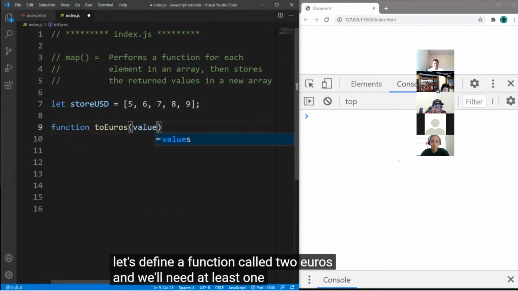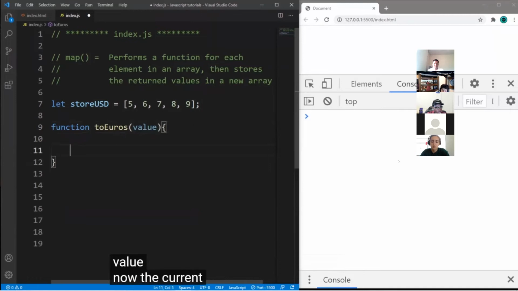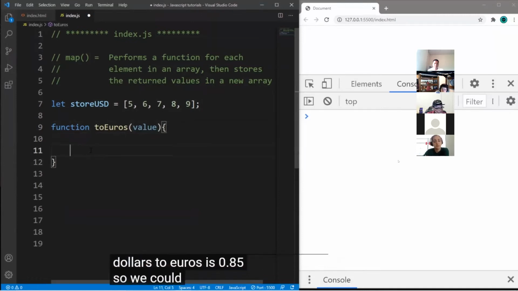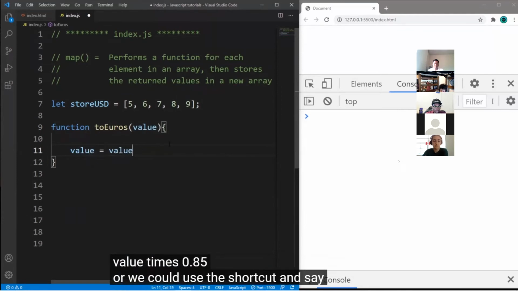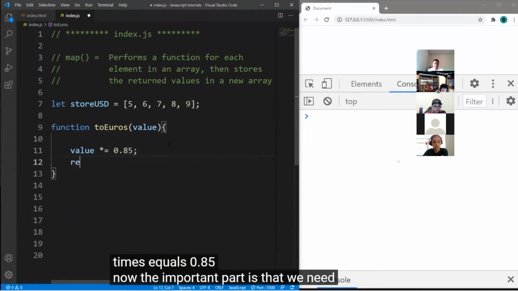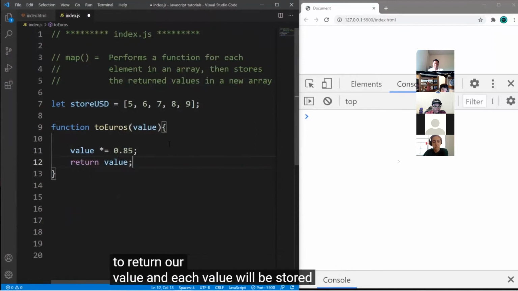And we'll need at least one parameter of value. Now, the current conversion rate from dollars to euros is 0.85. So we could say something like value equals value times 0.85. Or we could use the shortcut and say value times equals 0.85. Now, the important part is that we need to return our value, and each value will be stored within a